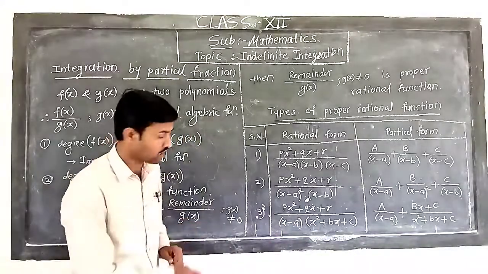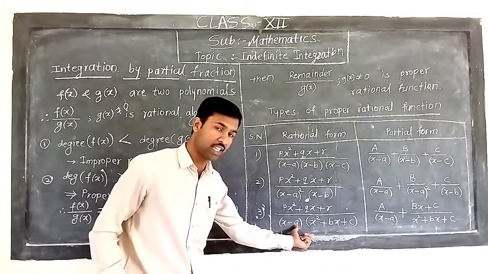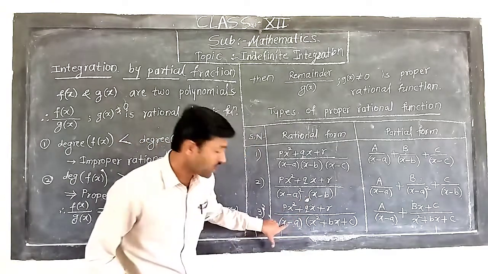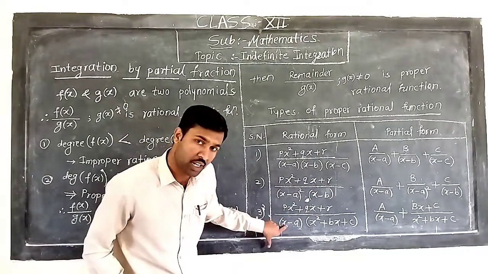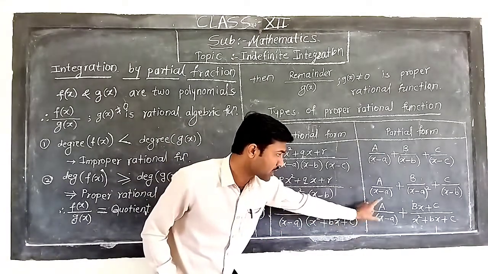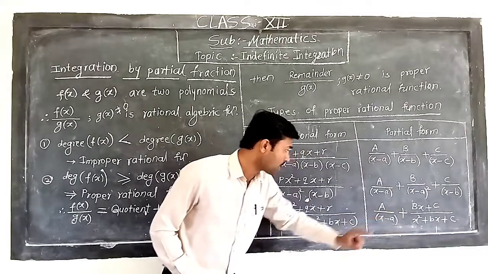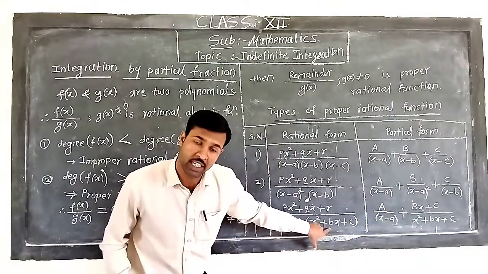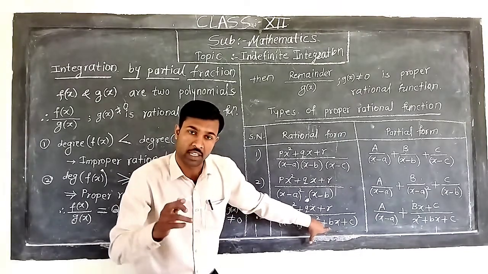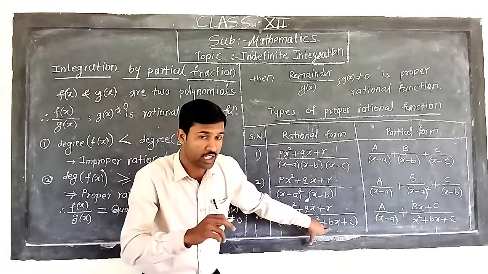If this case arises, then as this is a linear factor, we have to take the first constant upon the first factor, that is a upon x minus a, plus, but this is not linear, this is not repeated,